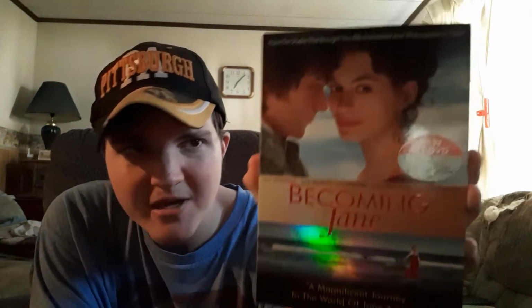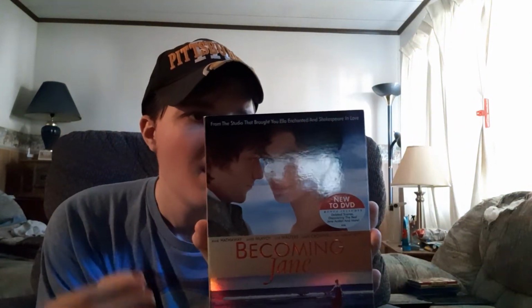This is a movie that I've been wanting to see for a long time, basically because of Anne Hathaway. Then I saw the rest of the cast, and I'm like, I gotta grab this. And it is, with the slipcover, the Miramax release, Anne Hathaway, James McAvoy, Julie Walters, James Cromwell, and Maggie Smith in Becoming Jane. This is all about a young,